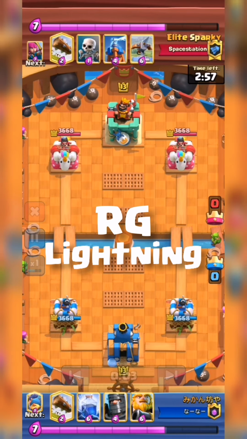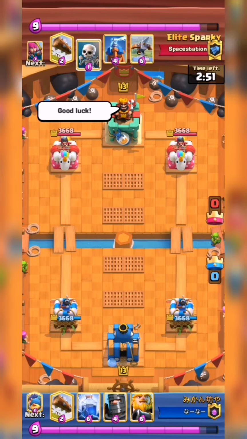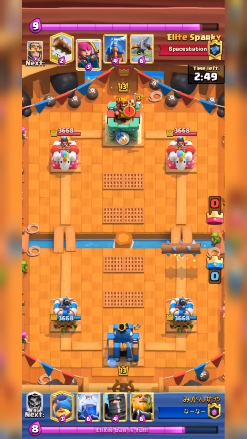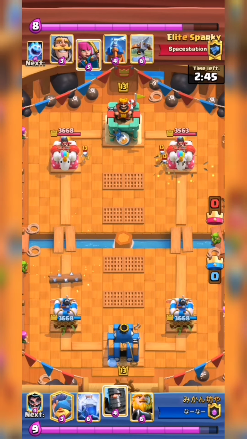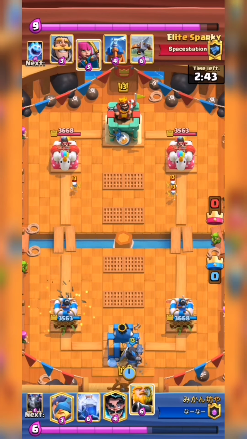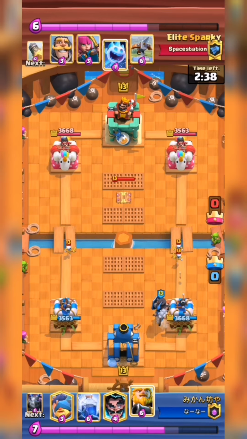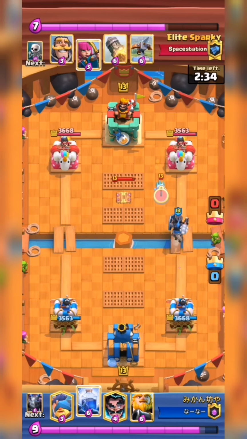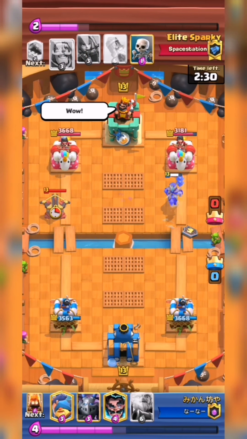Okay, on to our third game against RG Lightning, but yeah, about the last game, man, it was really close when he decided to rocket the tower instead of defend the Graveyard, because there's nothing much he can do. He played his archers, but the opponent had arrows, so yeah, that was the right call, but that rocket was clutch, man. And now he's up against another bad matchup, which is RG, because in triple elixir it might get tricky,